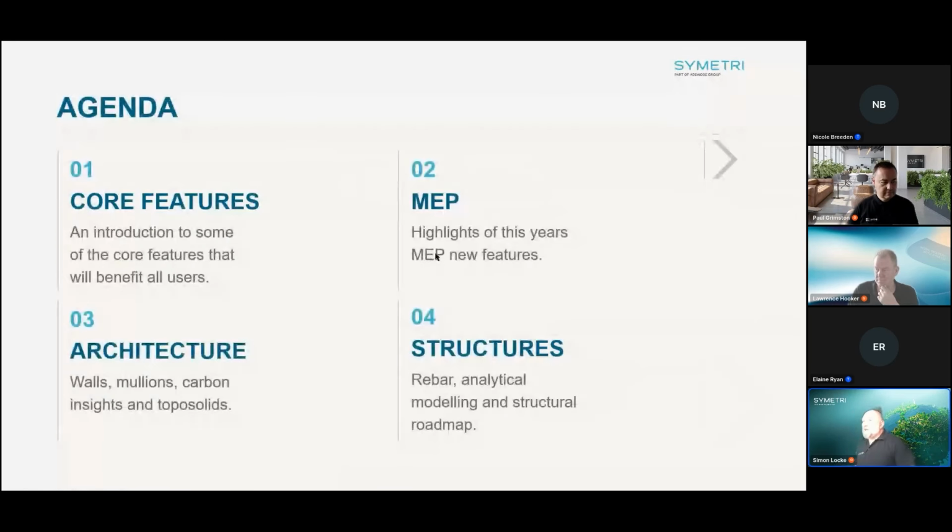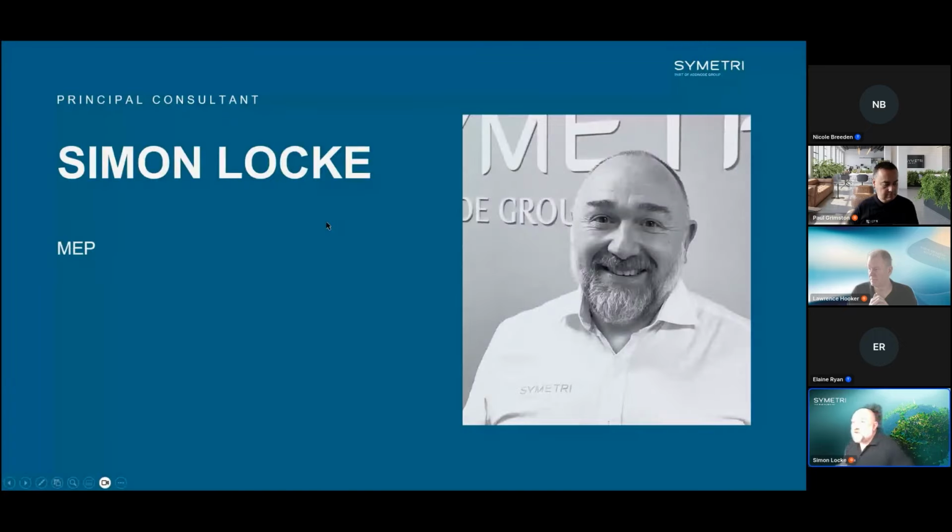In today's agenda, we're going to split it into four areas. We're going to look at the core features first, which are hopefully beneficial for every user of Revit. Then we're going to take a look at some of the MEP key features this year. Then we'll follow that up with architecture, and Paul will be leading that bit. Then we'll finish off with structures with Lawrence. I'll be taking us through the first bit, so we're looking at MEP, but also what I'd like to do first,